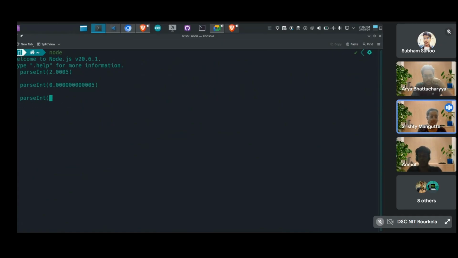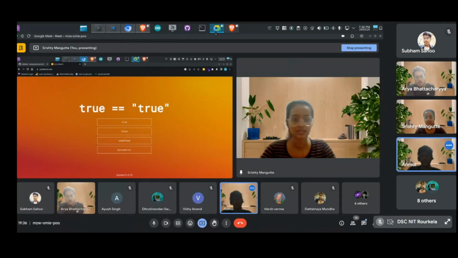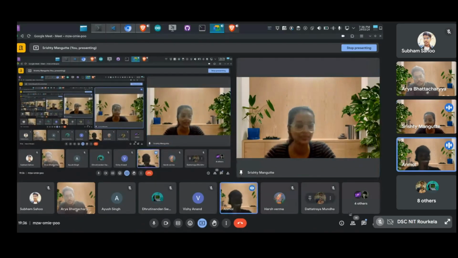Can you think of the reason behind it? If we take 0.5, it's 0. Percent of 0.5 is 0, but if it's 0.0005, it's giving us 5. What do you think can be the reason behind it?